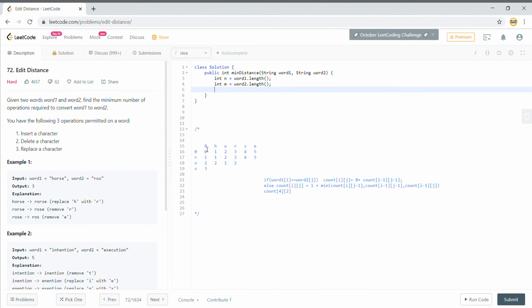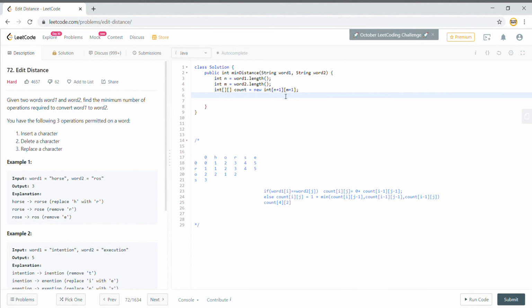And we need to populate the first row, and we need to populate the first column. So we need to have something of count where you need to count the length of the array. So we'll say int count equals a new int array, and since we need to add one extra row and column to identify if we have nothing in the first word or nothing in the second word, we'll just make this array whatever length plus 1. So this will be n plus 1 and m plus 1. I hope it is clear why I'm putting this n plus 1 and m plus 1. It should be clear from this example. So this is the extra row and this is the extra column. So that is why n plus 1 and m plus 1.